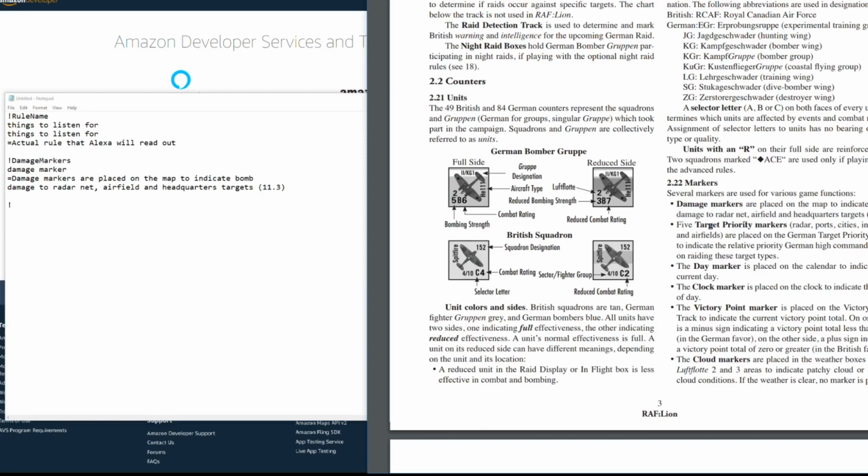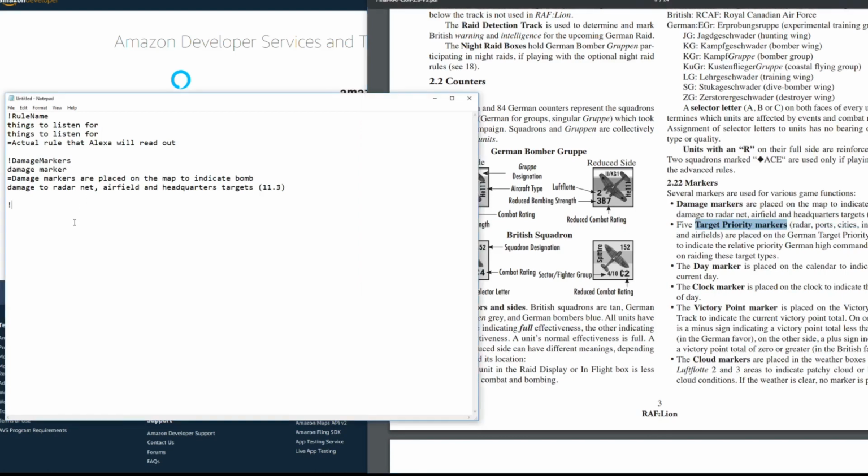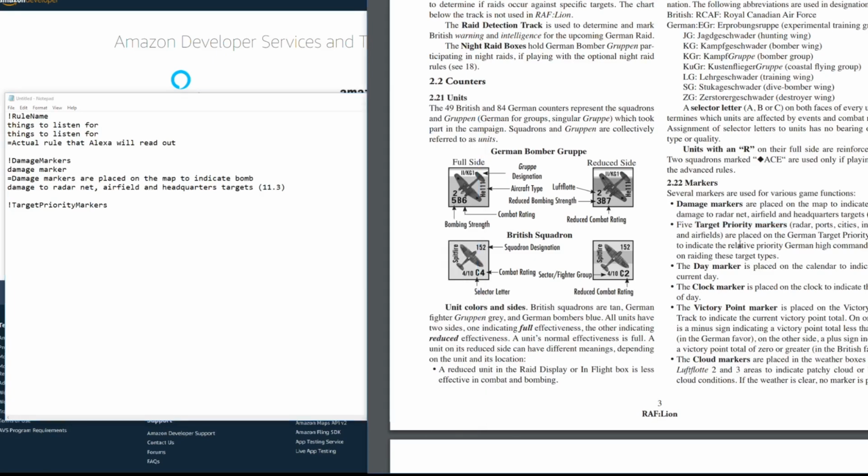Let's do target priority markers. So again, let's make a bang and do target, remove the space, target priority markers. And that's going to appear in Alexa when we have all our rules. So now I'm going to do the whole thing. What you don't want to do is have a rule that's too big.